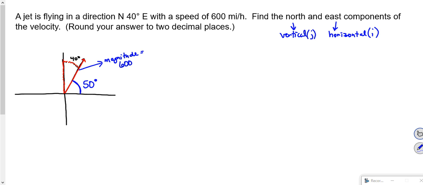That's our magnitude of 600. So we could actually label this vector 600 if you want. Okay, so that's how we get our vertical and horizontal components. So first, again, they wanted the north. The north, which is the vertical, would come from 600, that's our magnitude, times, remember vertical is sine, so sine 50 degrees, and our east, which is our horizontal,